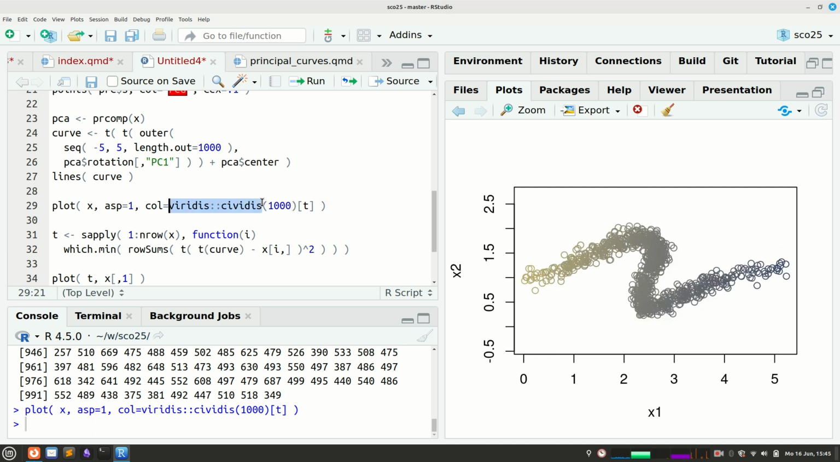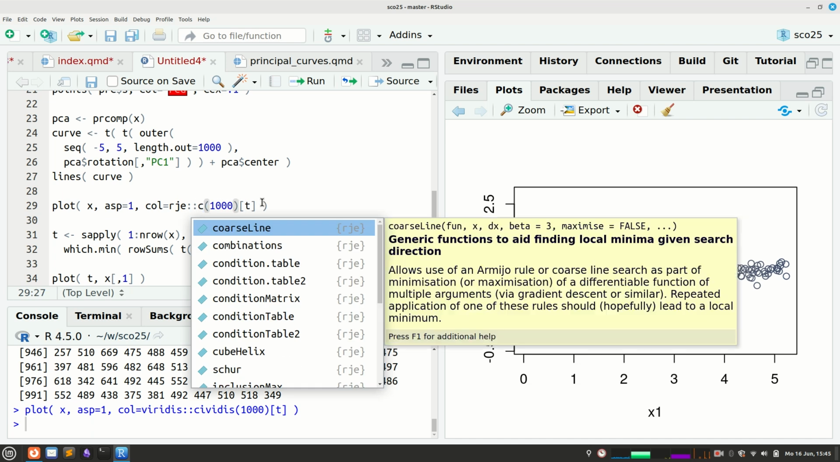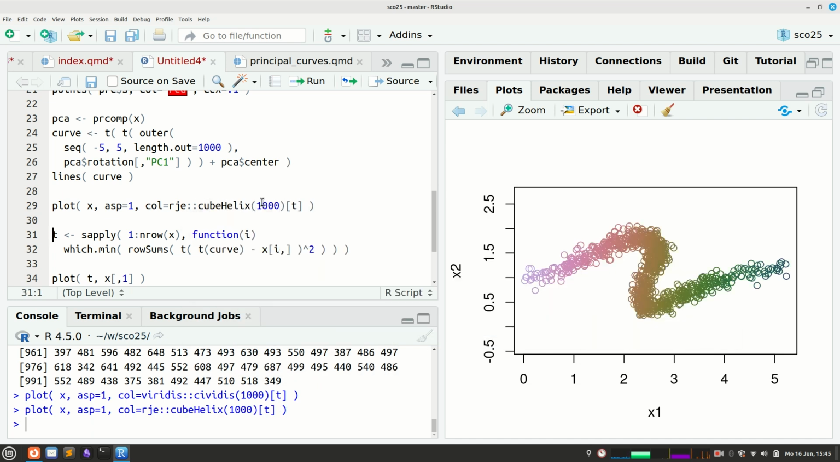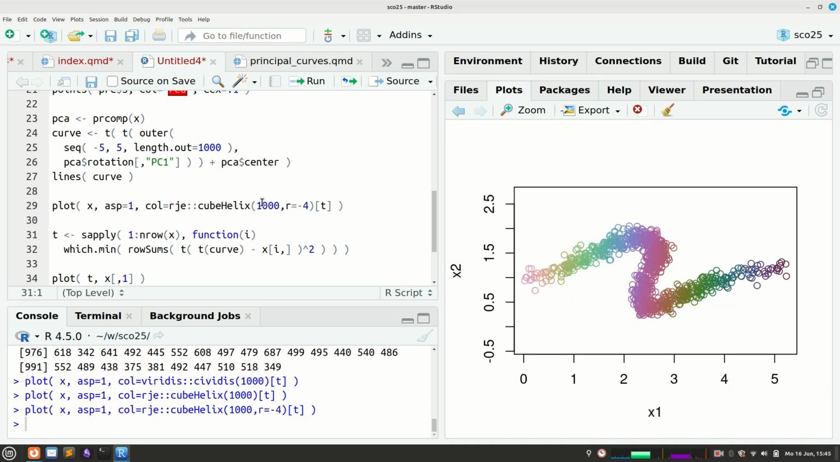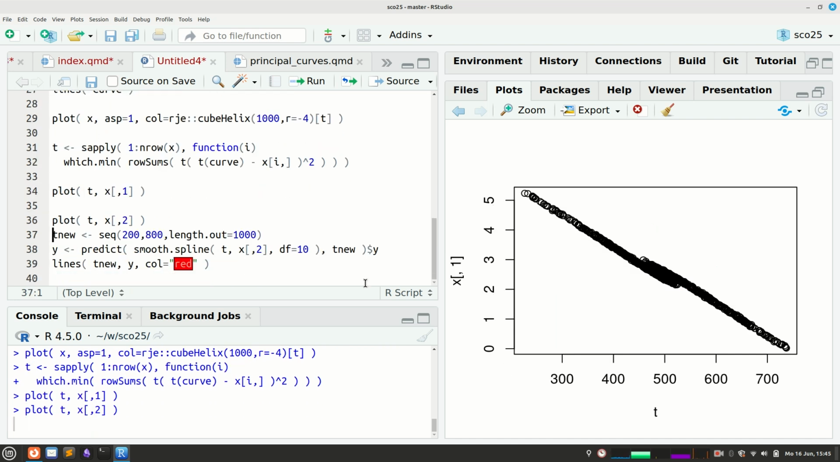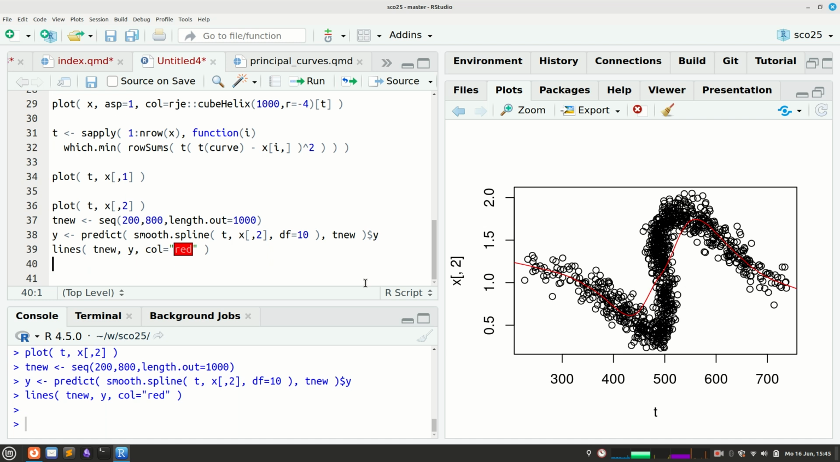cube helix that we used last time. That's better. Because this cube helix had this little thing that we can tell it how many rotations it should do. And if I tell it to rotate around the color scale several times, then we can really see these lines of where the t value changes. All these have the same t value. With this now, we can again do our